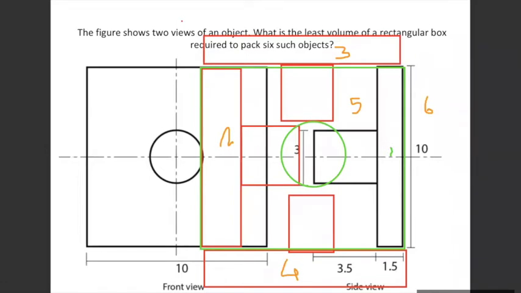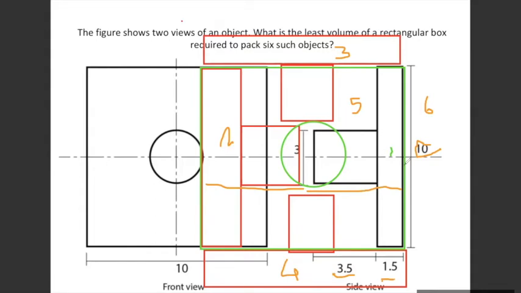Now this kind of arrangement is possible because if you look at this dimension, 3.5, the side elevation का जो dimension है, 3.5 and 1.5. 3.5 plus 1.5 will be 5 centimeters and this is 10 centimeters. यहाँ पे एक साइड पे 5 सेंटीमीटर आएगा टोटल, दूसरी साइड से भी 5 सेंटीमीटर आएगा टोटल, which equates to the total width of the object, which is a square of 10 by 10. That's where it encloses perfectly.